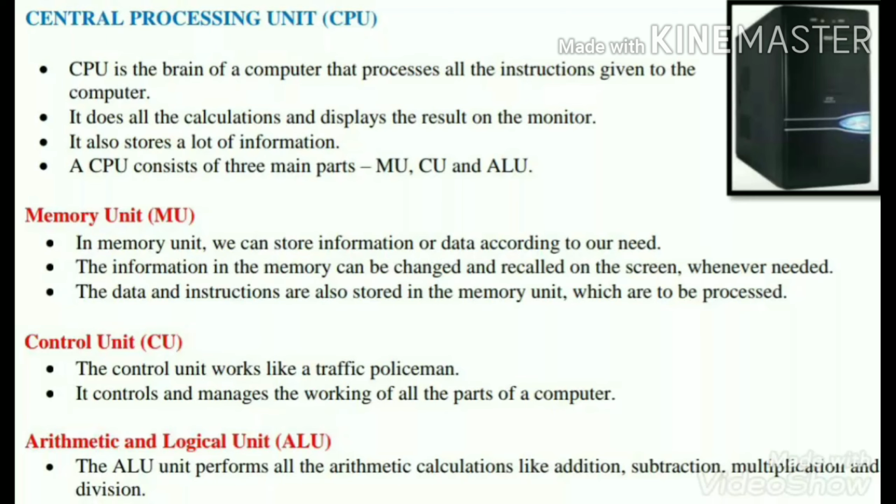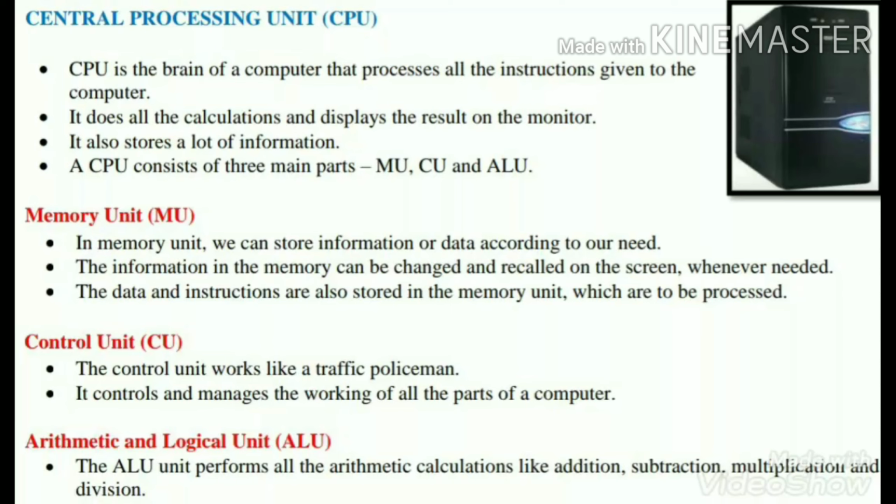Whatever we store in the memory unit, we can store permanently or on a temporary basis. If we save on a permanent basis, we can save the file, and if we don't save, when the electricity goes, the data automatically moves out. So every time we are asked to save the data, we should save it if it is important. We can also save the data with the help of external devices if required, like a pen drive, hard disk, flash drive. We can put it on the USB or many other modes.